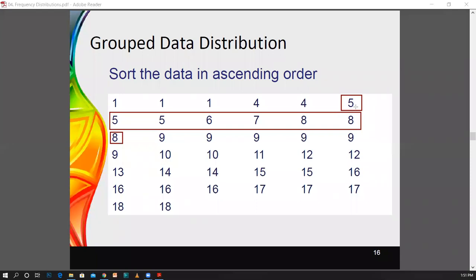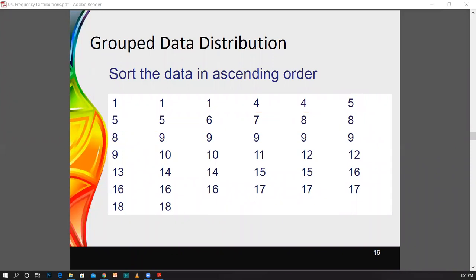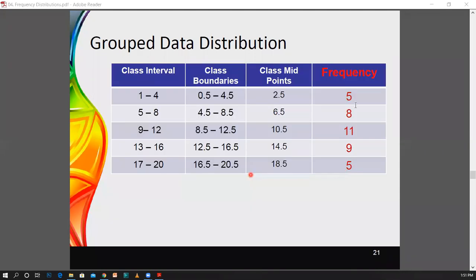Now, if you take the count for this, it is 1, 2, 3, 4, 5, 6, 7, and 8 values. Therefore, now you can apply them inside this table. Now you have obtained the value as 8. That is how we are getting the value 8 here. Therefore, you can do the same thing for the other 3 classes, and this is how we are creating this group data distribution.